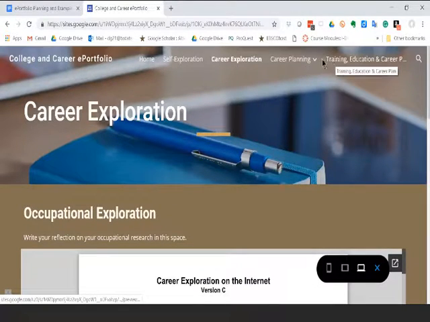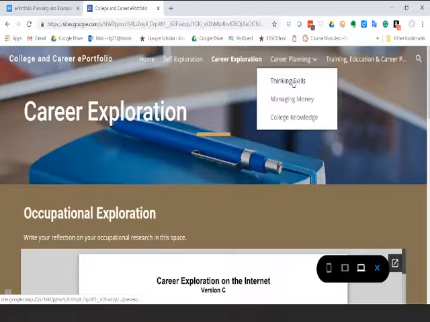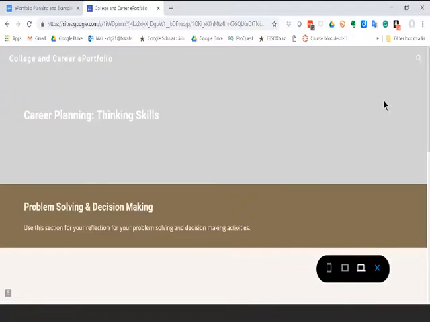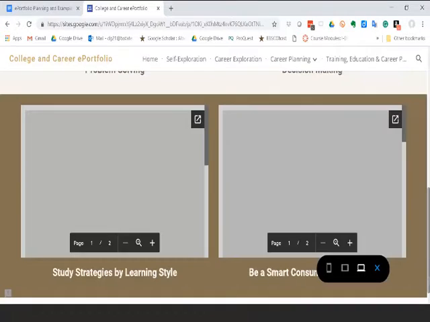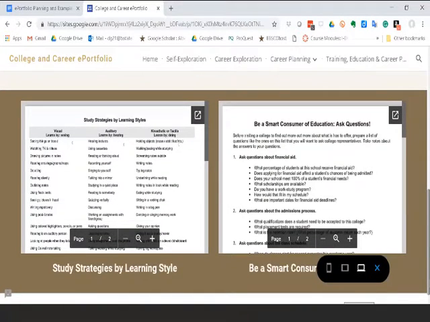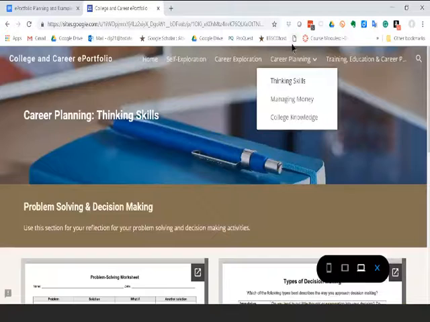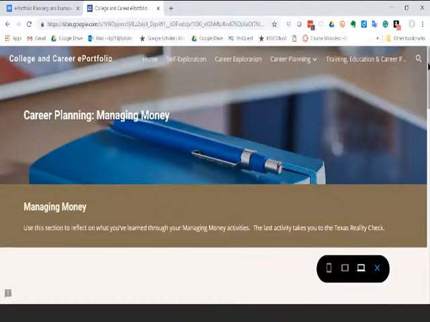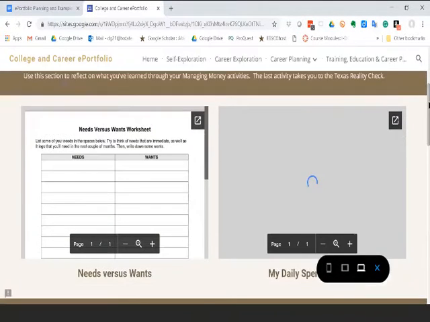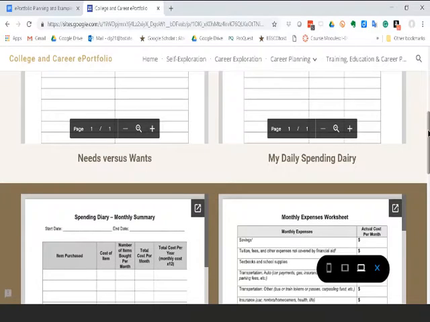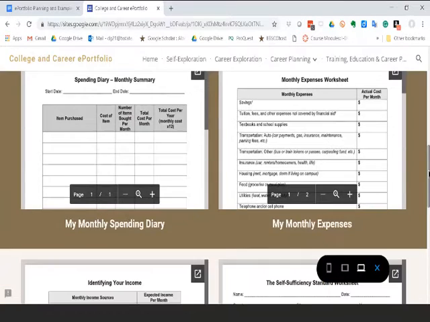Finally, when they go over to career planning, I divided it into three. You see the drop down? Thinking skills, managing money, and college knowledge. The thinking skills, I put problem solving and decision making there. I also had study strategies and be a smart consumer. And then managing money, if you've ever used ICA, all of your financial literacy could be with the ICA. It has many, many activities where they do daily diaries, income, and